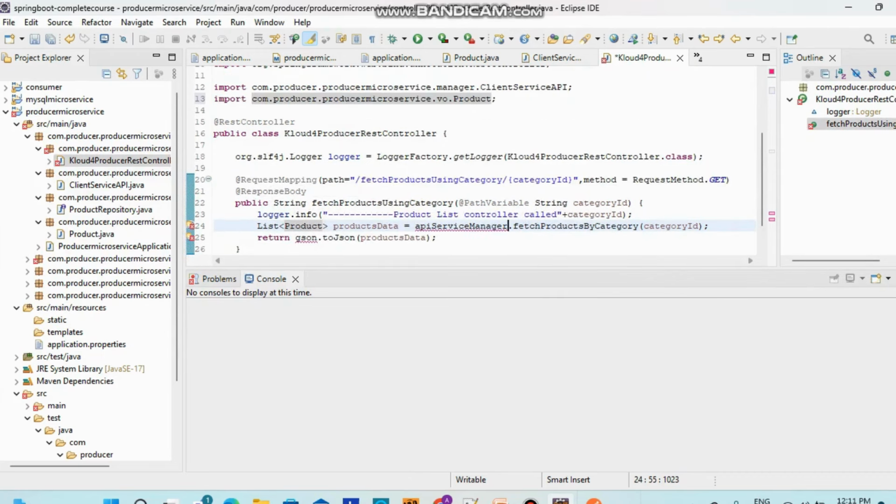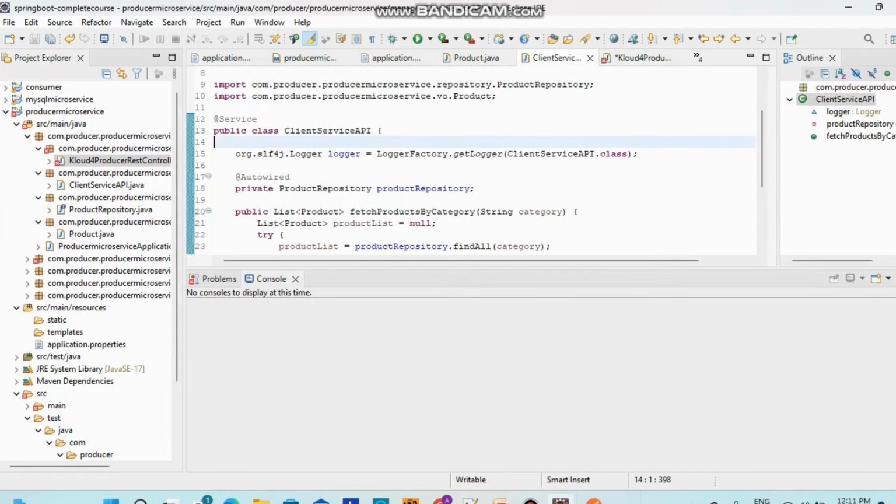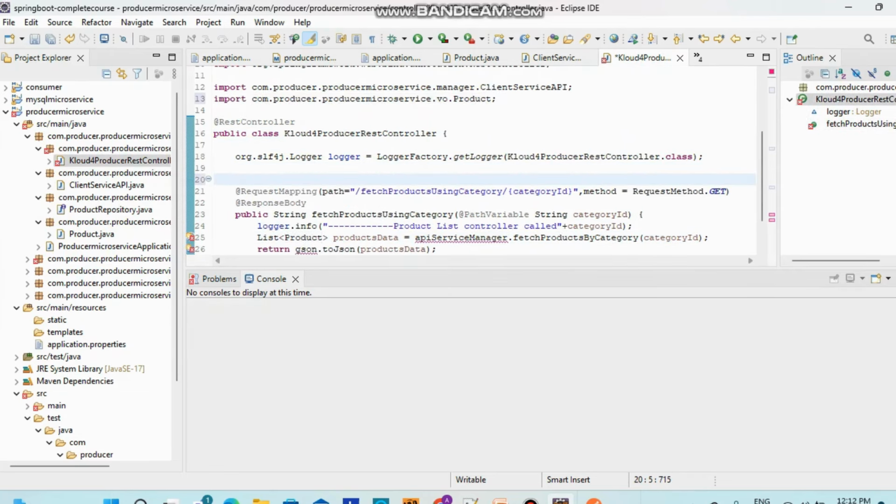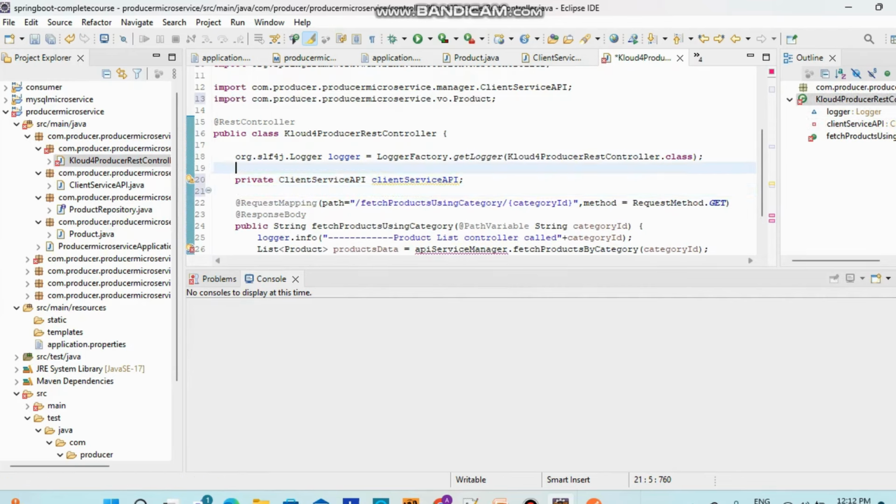And then the manager class name. Manager class we have to annotate, right? That's the client service. This is the one. So we have to go here. What you need to do is put private client service API. The C has to be a small letter. And then we have to honor